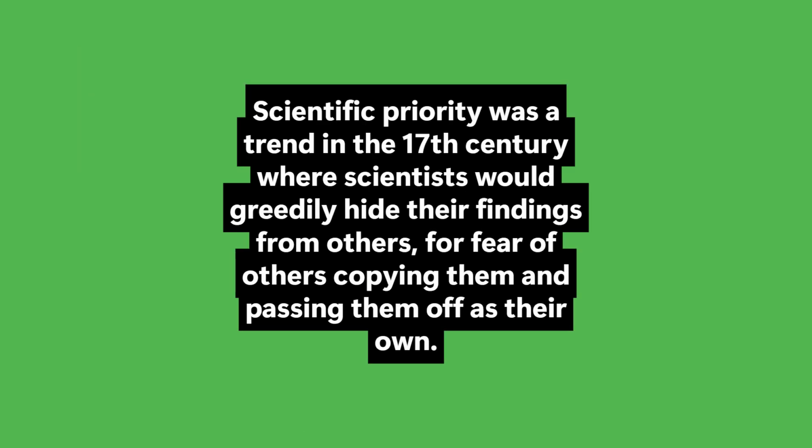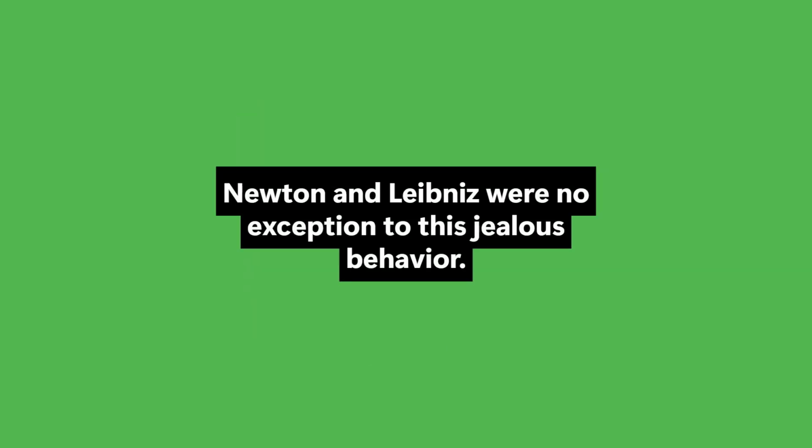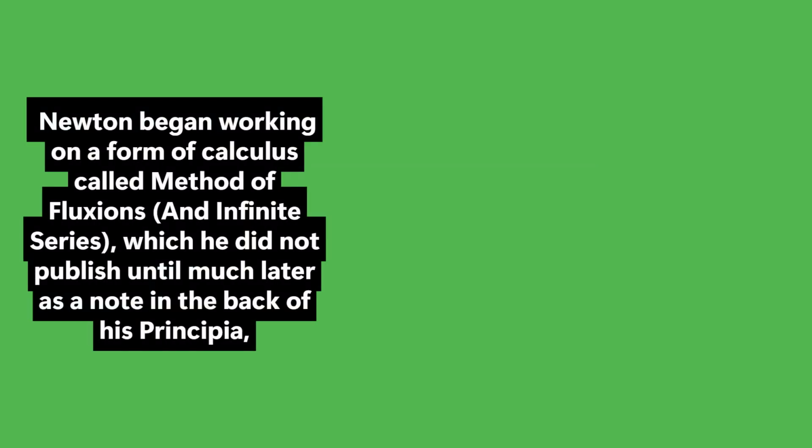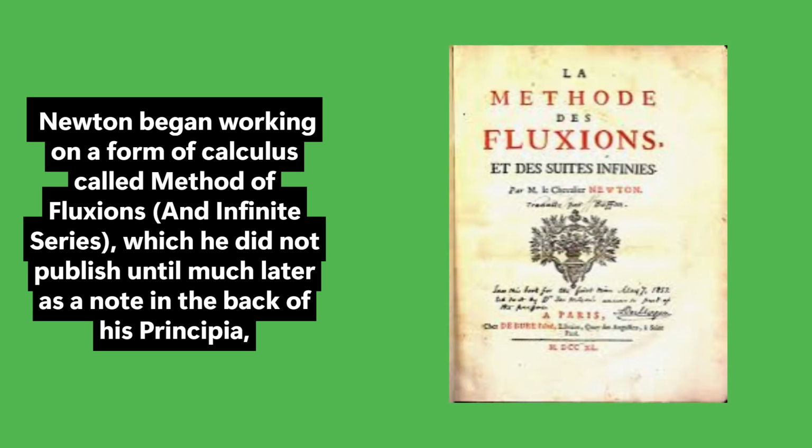dispute. Scientific priority was a trend in the 17th century where scientists would greedily hide their findings from others for fear of others copying them and passing them off as their own. Newton and Leibniz were no exception to this jealous behavior. Newton began working on a form of calculus called method of fluxions, an infinite series, which he did not publish